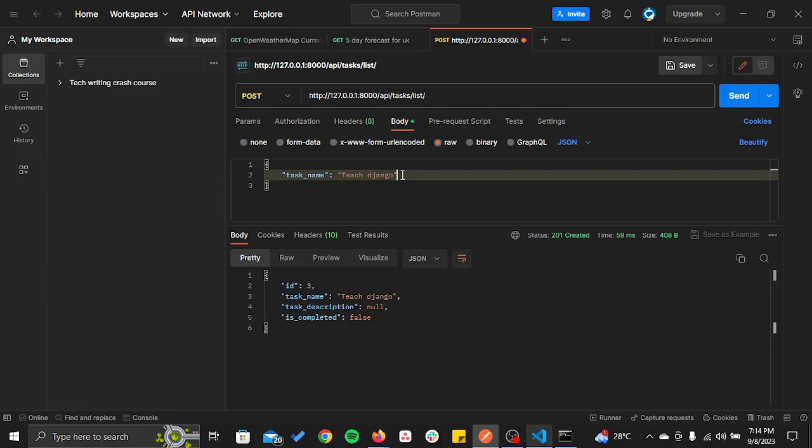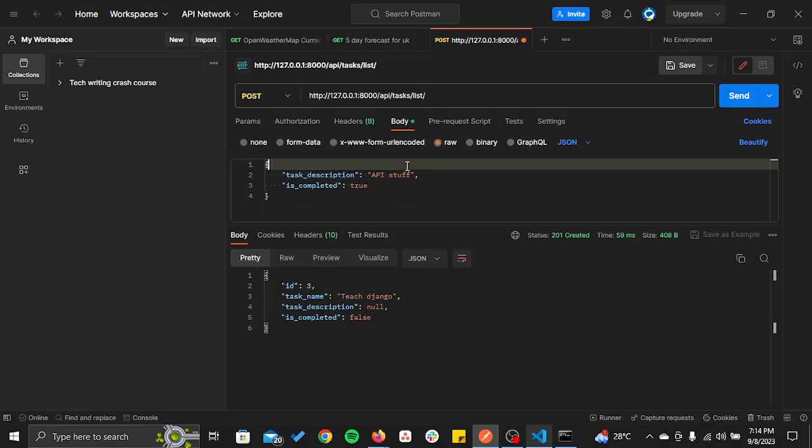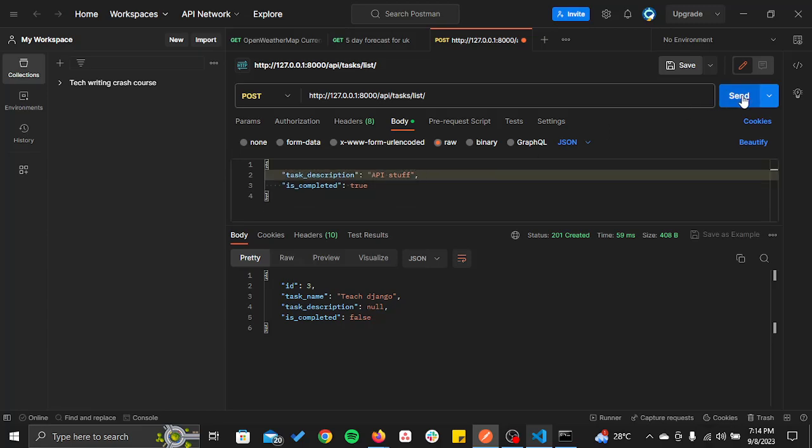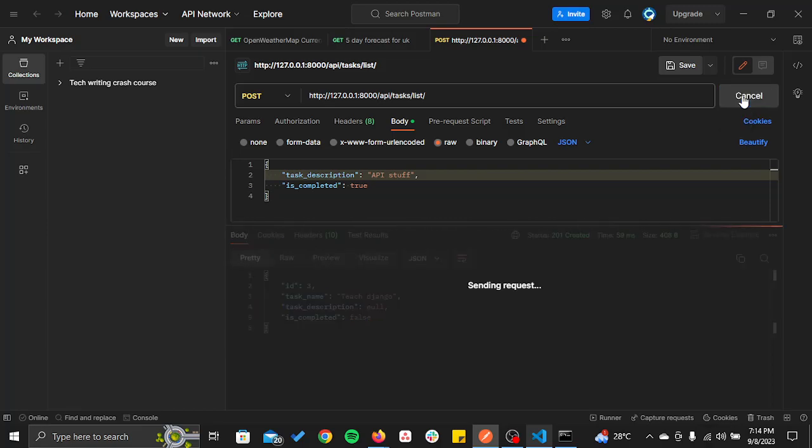Okay, so what I'm going to do is remove the task name instead, because that one is compulsory. It doesn't have a default. So if I send that now,